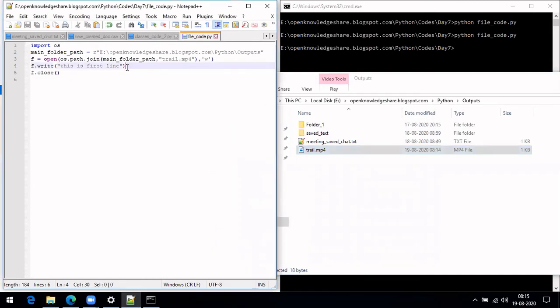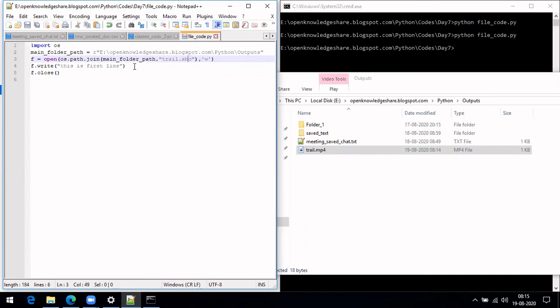We have written a text line here. In this example, I want to show you that we can create any kind of file here. Whatever extension you keep, that kind of file will be created.